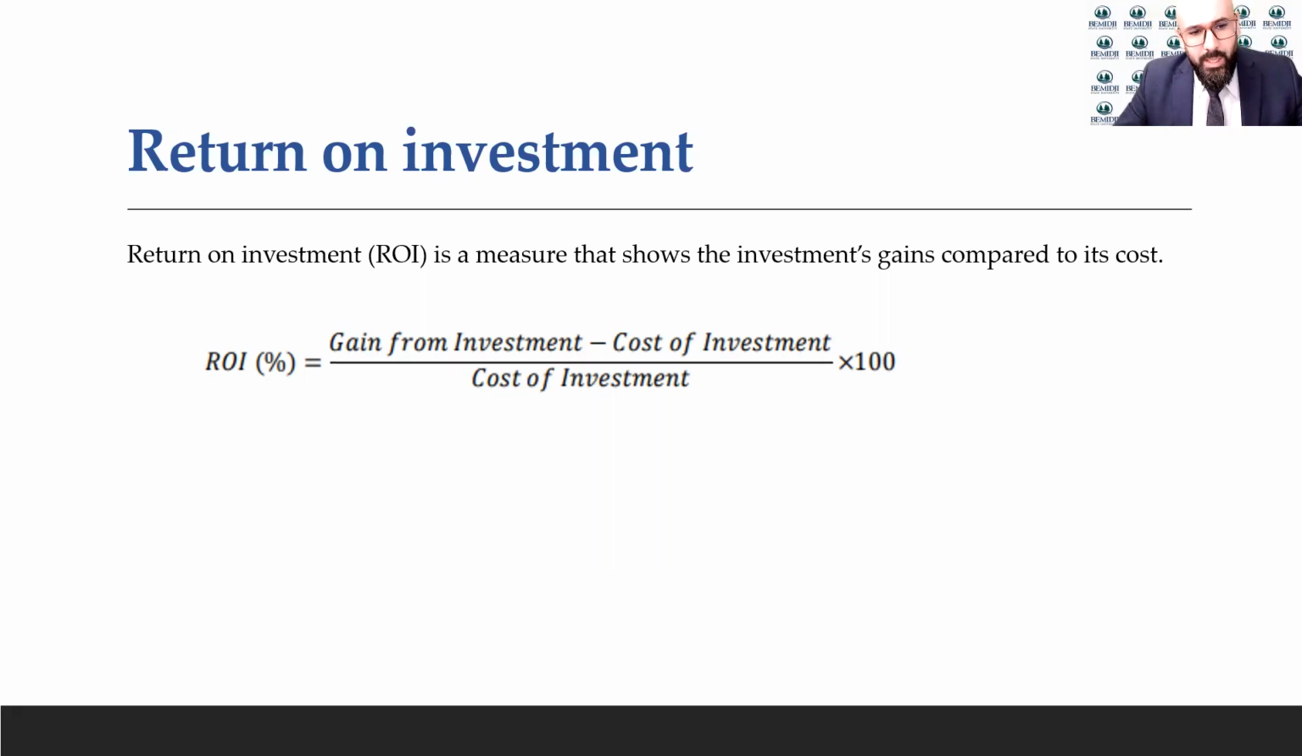Now moving into another concept, which is the return on investment, another important financial measure that we use to determine if we're going to invest in a project or not. And again, this is a very important chapter because